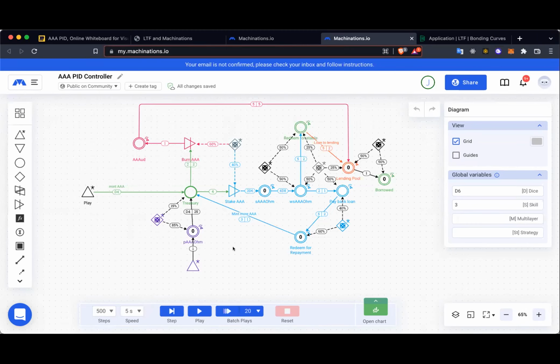Yeah, can I say one thing about that? Hello, I'm Andrew Penland. I also work in TD Academy and am a consultant with Longtail Financial. I think one of the main things that this Machinations PID model really points out is how easy Machinations makes it for communities to understand these mechanisms better. Because even though the RAI PID controller has been really well engineered, it actually hasn't been implemented because the community is still debating whether or not to change to that design. So they're able to understand the model better. It can help non-technical